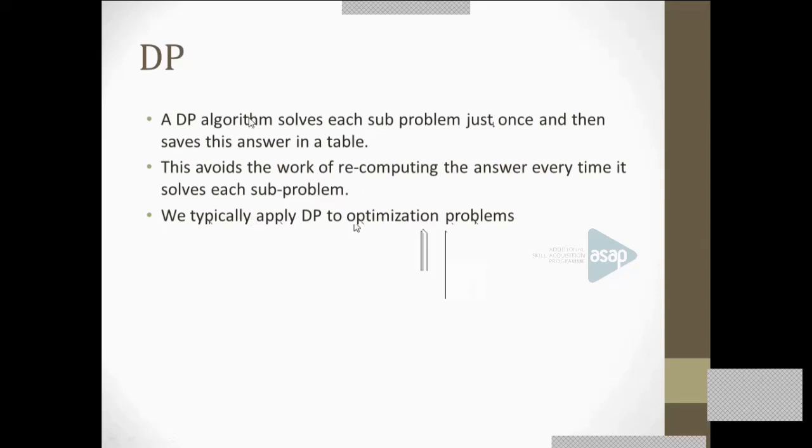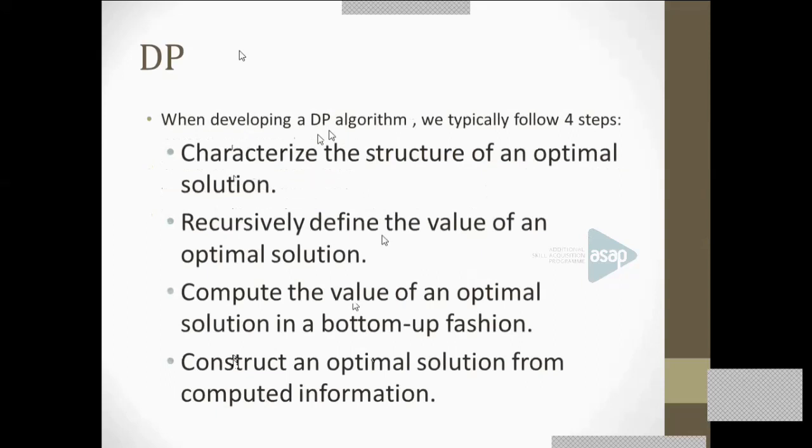Dynamic programming is typically applicable to optimization problems. Somewhere you are going to optimize a value, maximizing a profit or minimizing a cost, something like that. In that paradigm, we can apply dynamic programming. Okay. And there are some important features of dynamic programming. And this will help you to conquer or analyze a problem and design a dynamic programming algorithm for solving that problem. And these steps will help you to design a dynamic programming algorithm.